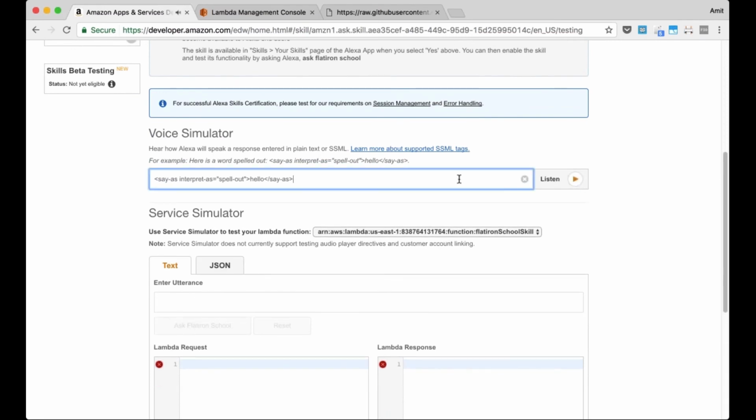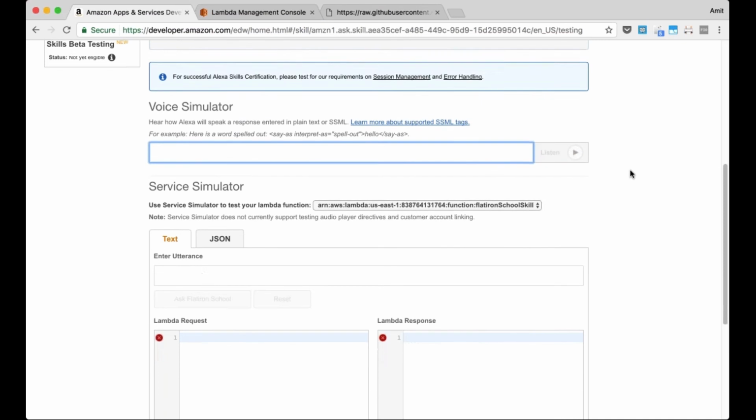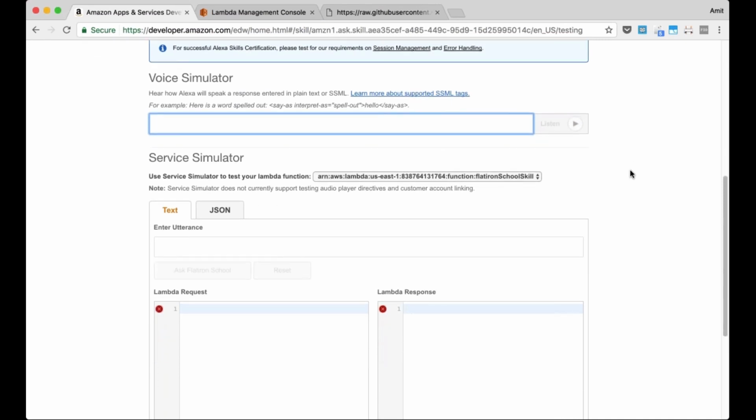HELLO. So instead of her saying hello, we had her spell it out. There are a bunch of options. If you click on this link, learn more about supported SSML tags, you can include all of that into your skill and have her do different kinds of things.